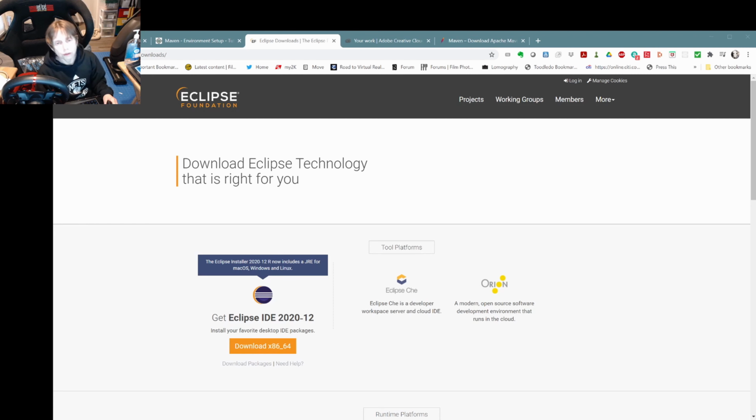So the first thing you've got to do is download it. You go to eclipse.org downloads, and you can see Get Eclipse IDE. They do ask for a donation. You can make your own decisions on that, whether you wish to make a donation or not. But you will get an executable file. And once you have that,